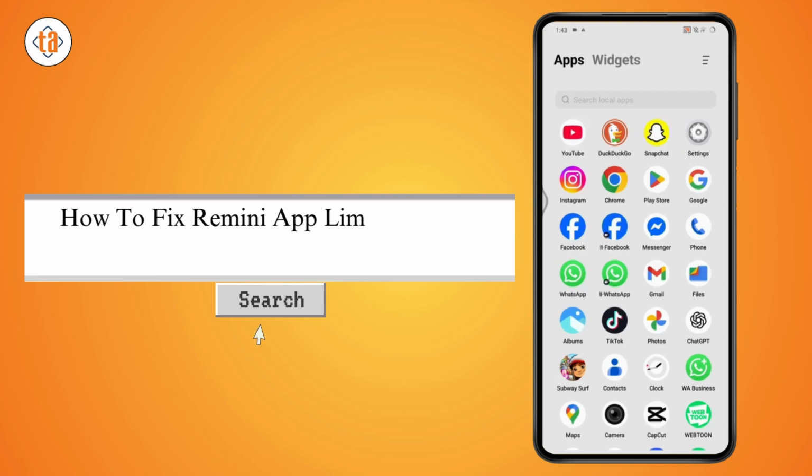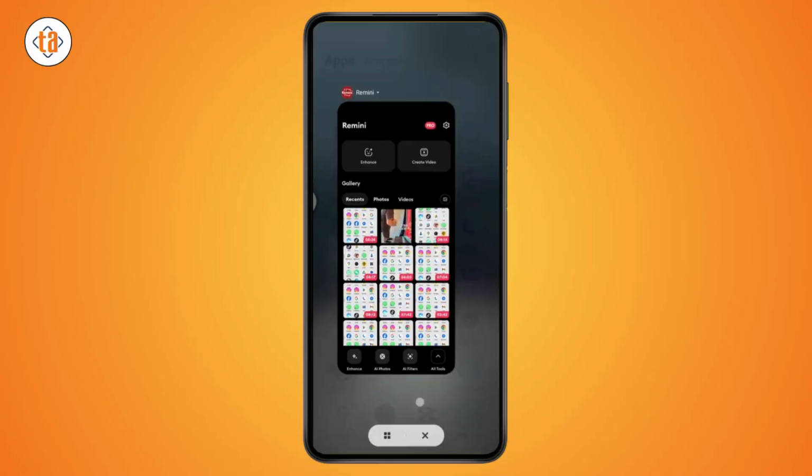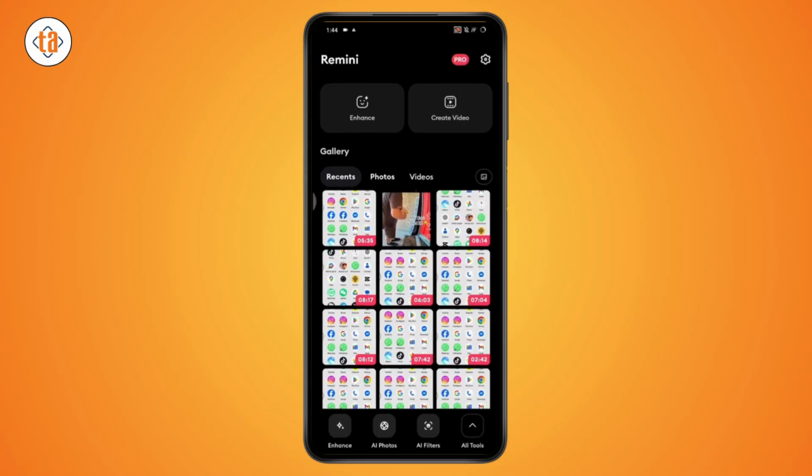How to fix Remini app limit reached problem. So if you want to fix the Remini app limit reached problem, then what you need to do is first make sure that you have a stable internet connection. After having a stable internet connection, you just need to simply open up your Remini, and